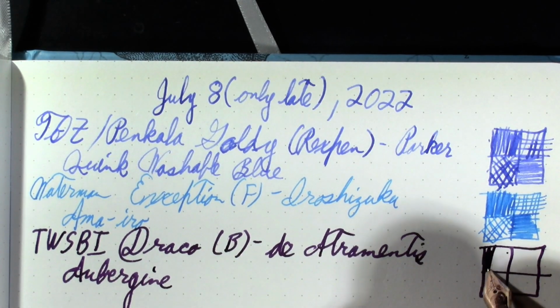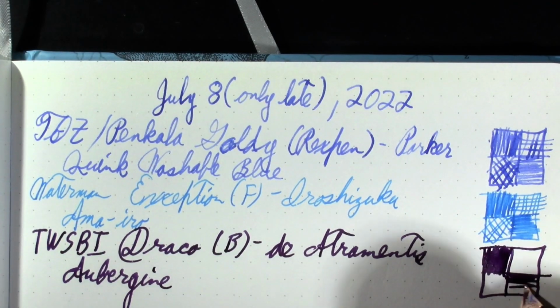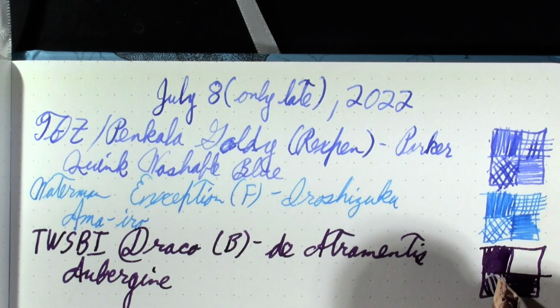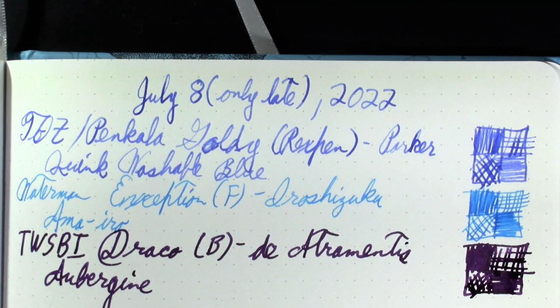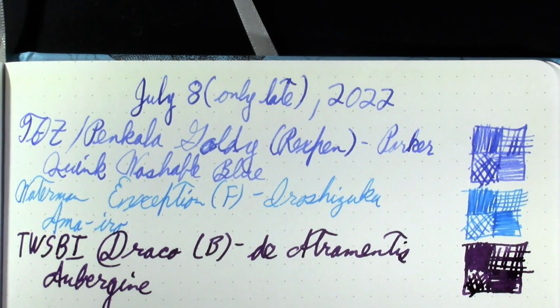You know, just a very dark purple ink. It's an ink that's dark enough purple you could probably get away with using it for business purposes. Just really fun ink. My next pen